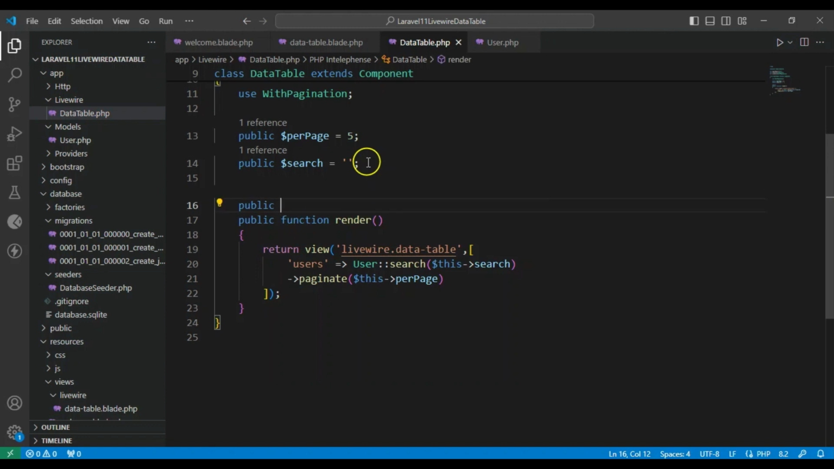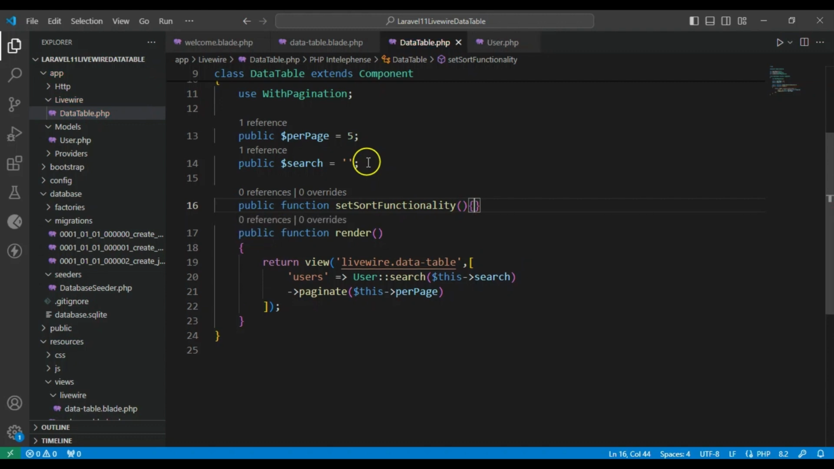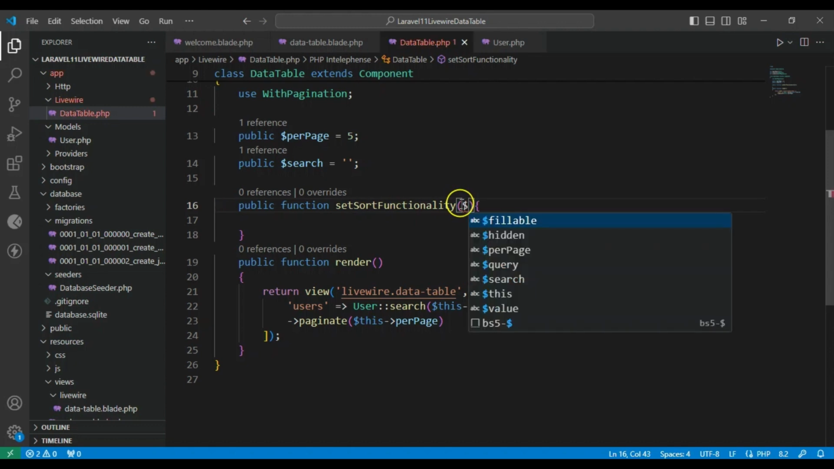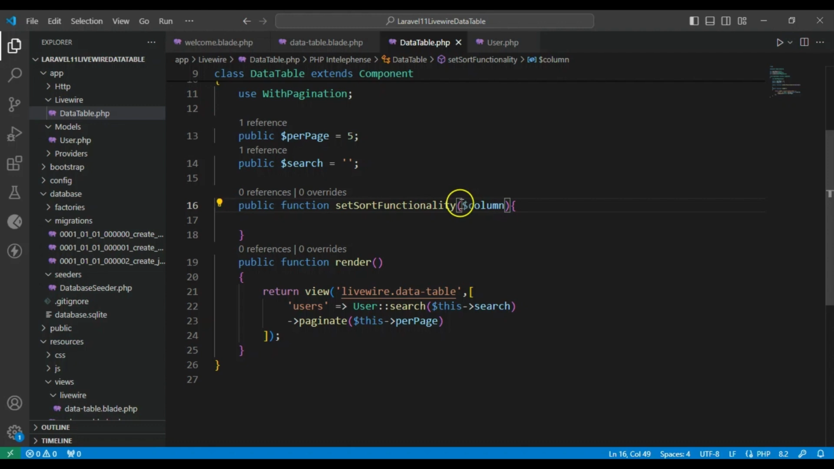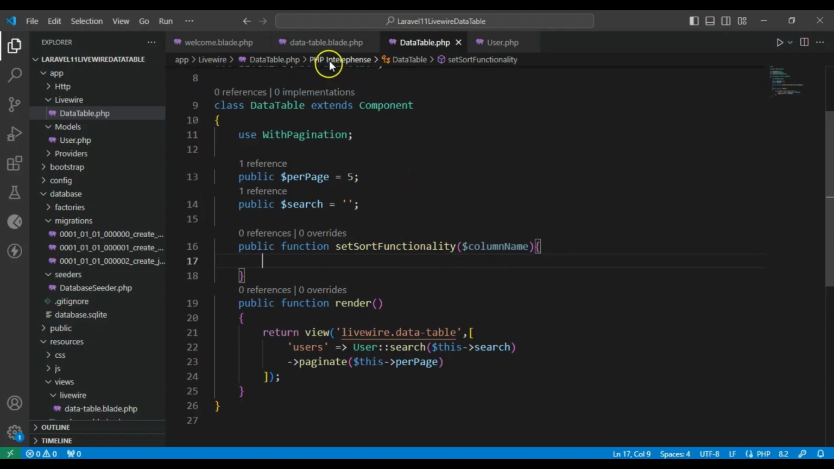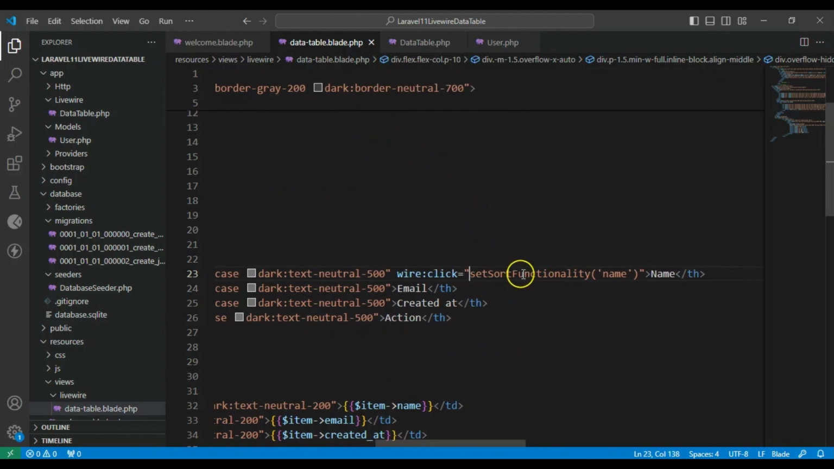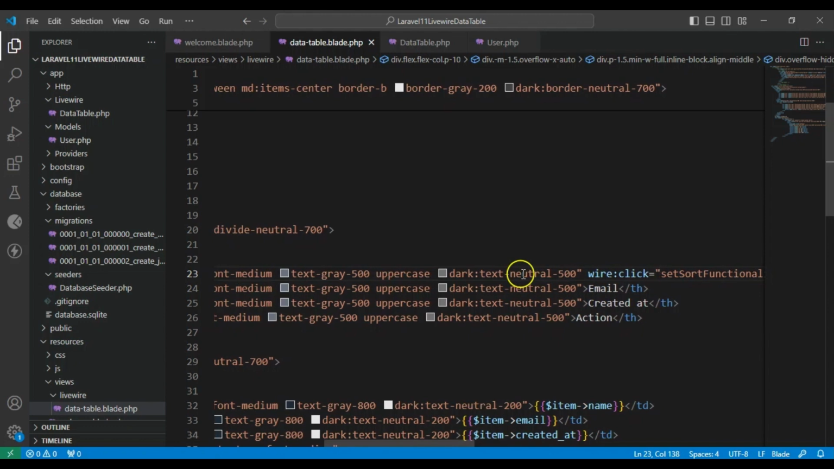Let me call the public function set sort functionality, and this will accept the column name. Okay, so this will be the column name. So what we can do right there,